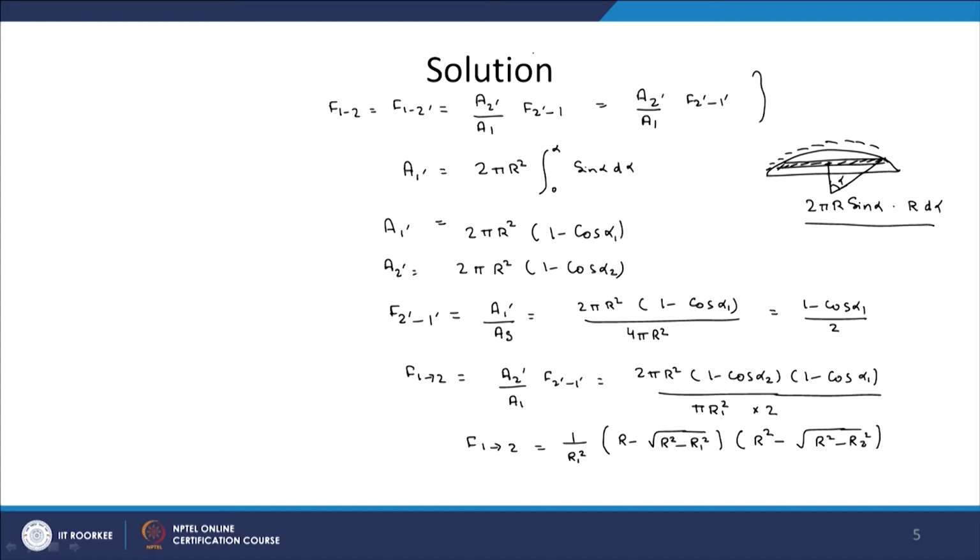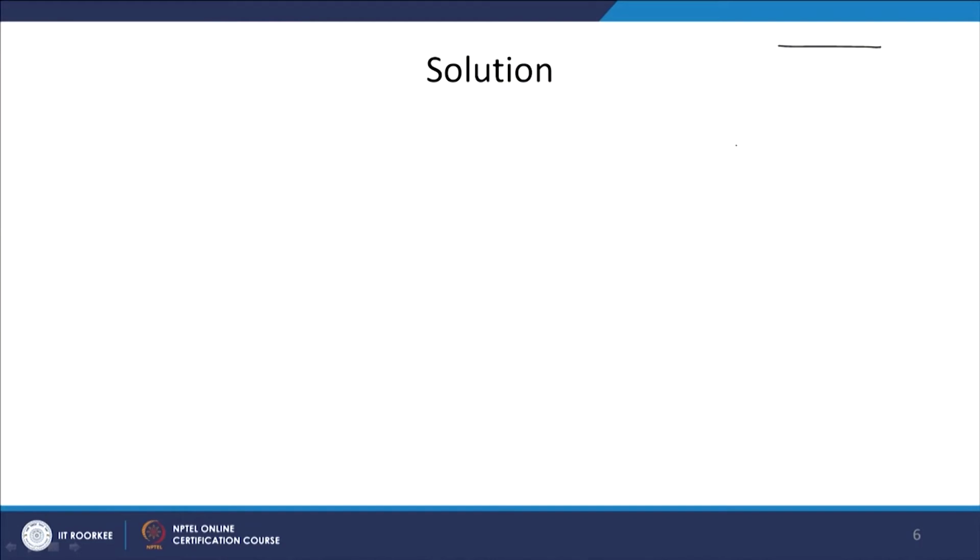Now, we have to find out just the value of r. So, how do we find the value of r? We know the separation distance between the two discs. Let us say this was our original configuration: these are the two parallel discs separated by a distance h. The disc has radius r1, and this disc has radius r2. So, we can write h as equal to under root r square minus r1 square, plus under root r square minus r2 square. So, this is the value of h.